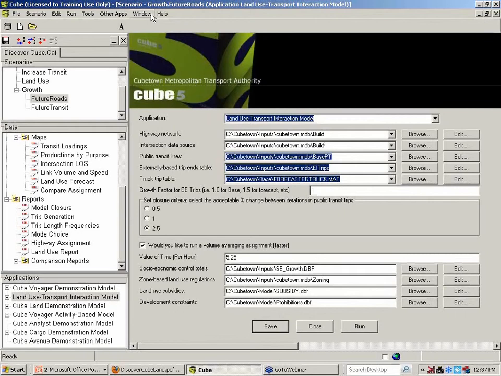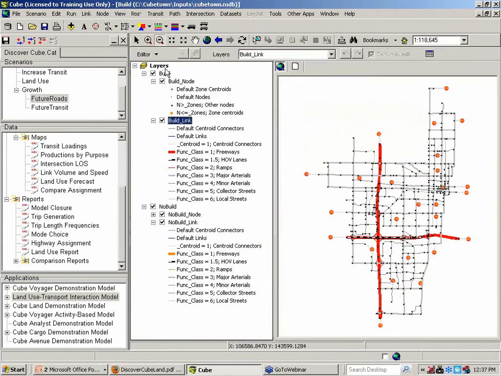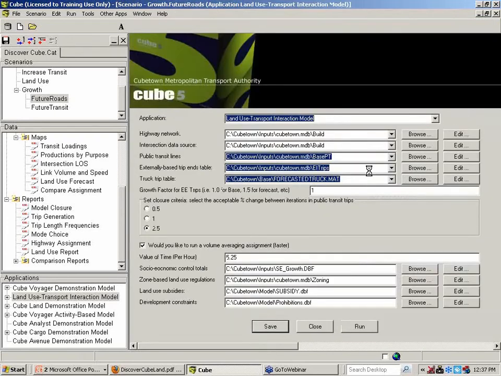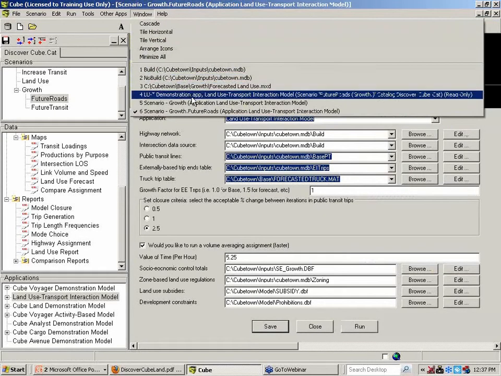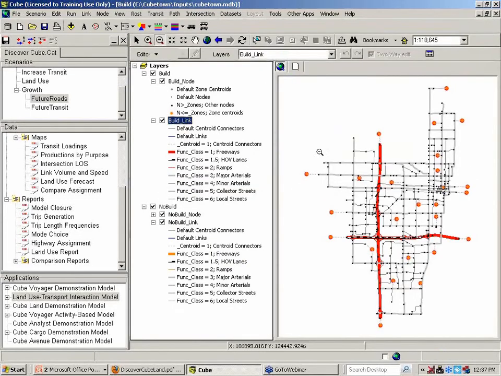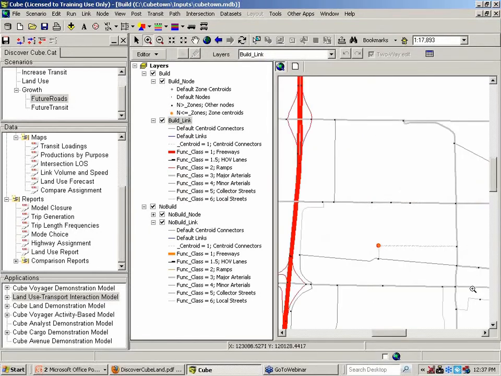I just already happen to have it open, but you could actually go to the scenario here and click the Edit button to open in the GIS window. And I'm going to zoom in on the area where I know that I built this project right here, and this is again in our GIS window. Of course, these networks can be overlaid on top of each other. Both of these are real Cube Voyager networks, but they're displayed inside our GIS window